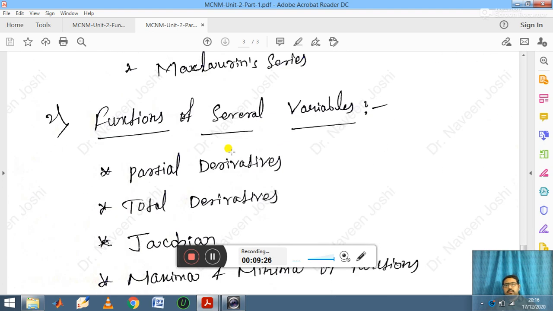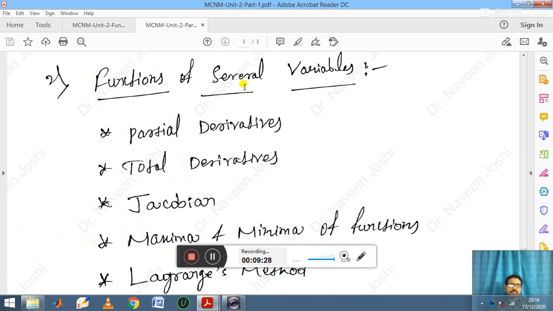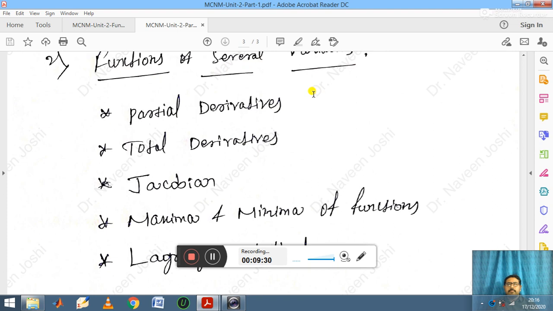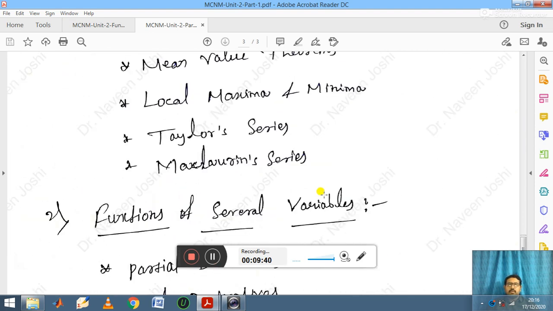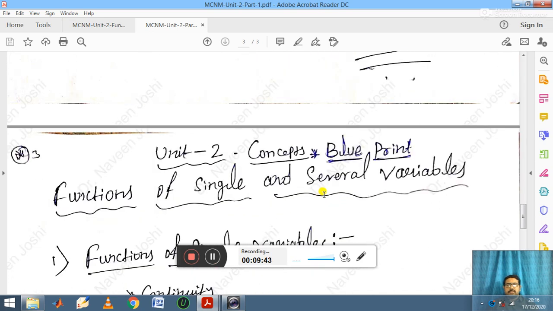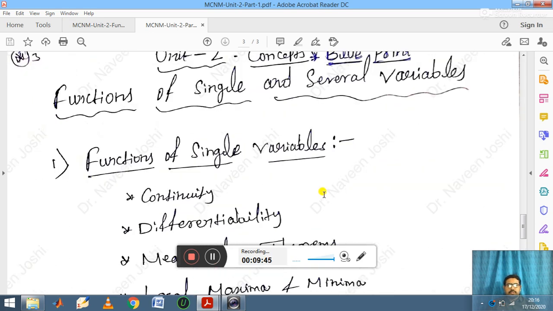Then in the case of functions of several variables, you learn partial derivatives, total derivatives, Jacobian, maxima and minima of functions, and the Lagrangian method. Okay, so let us discuss this unit 2, functions of single and several variables, in detail